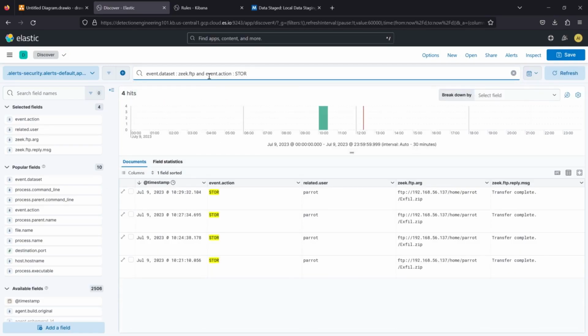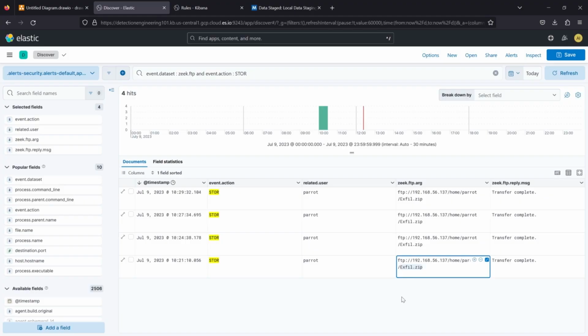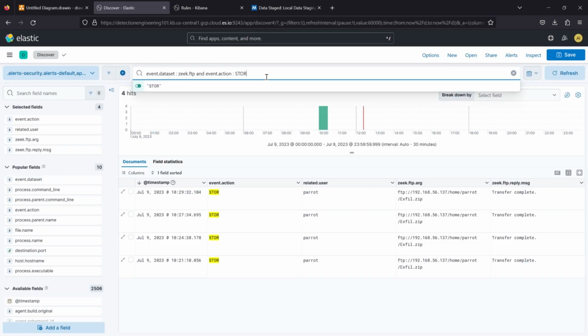something like this. All right. And now we see all the attempts from our testing today. And I might have more logs than you all from just testing on my end before recording the video and things like that. So don't worry if you only see one or two of these hits. Okay, so the key here is we can see confirmed FTP traffic and we can see the file that is getting sent over. Okay. And what we could do